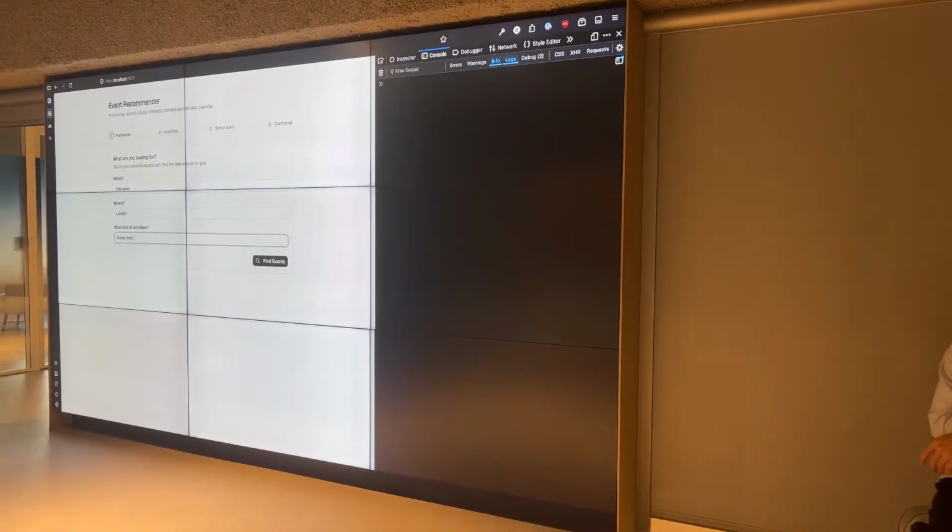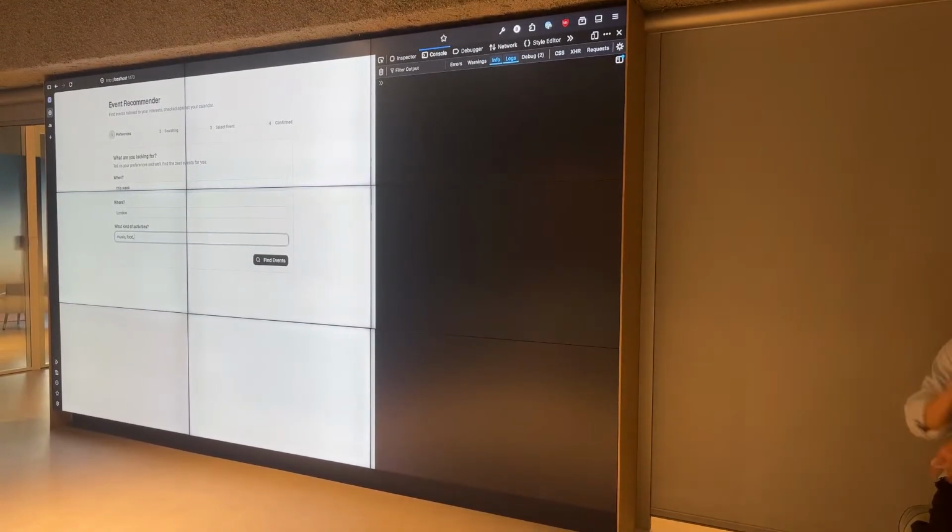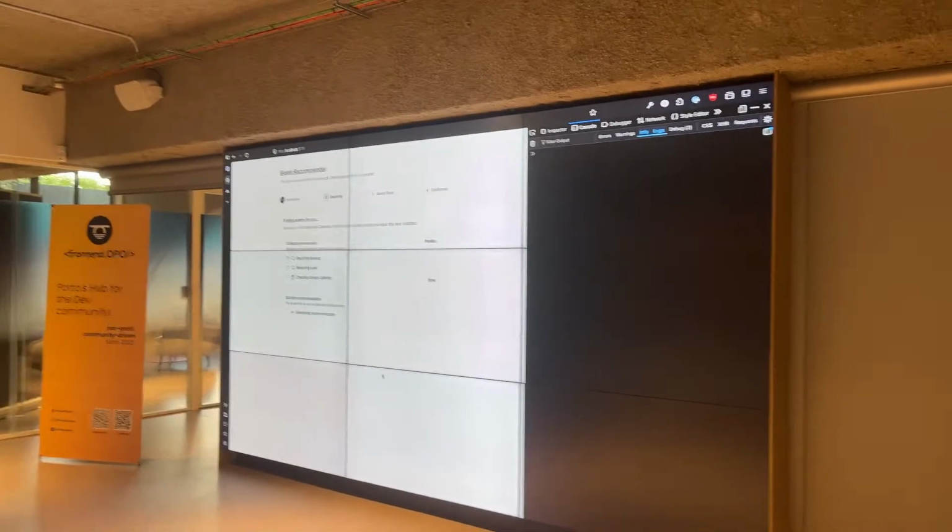How do I put in different activities and have it know everything? This would take like six months to build, but now you simply pass it to AI. So let's say music, food, and AI agents, because I think there are a lot of AI meetups right now, and then I'll just click find events.